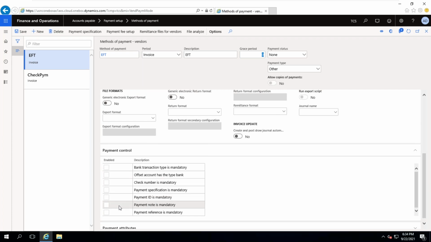Payment reference number is mandatory and offset account type is bank. And payment reference is mandatory. So if you map like this,